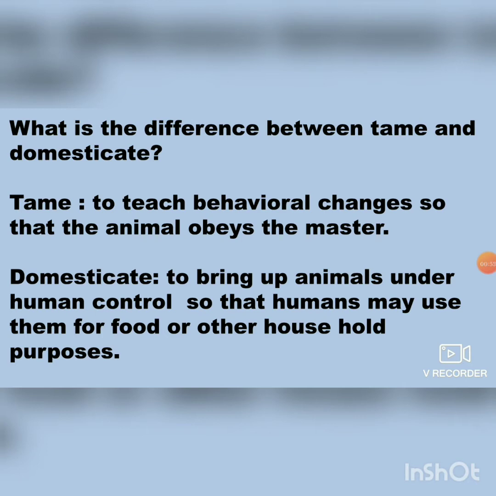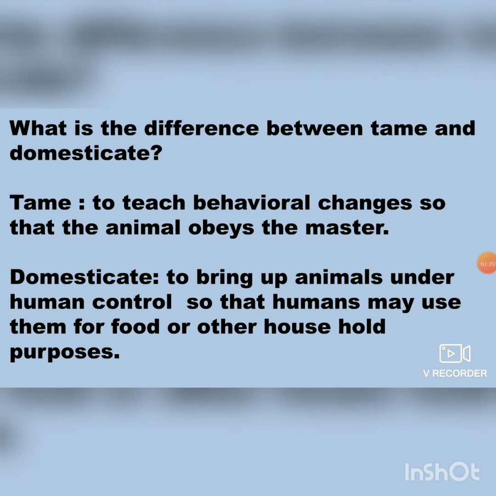You might have seen at homes, those who have animals like dogs, how they teach them how to behave properly and how to serve the humans. They may tame those dogs to take something, to come here, to sit down, to shake hands.